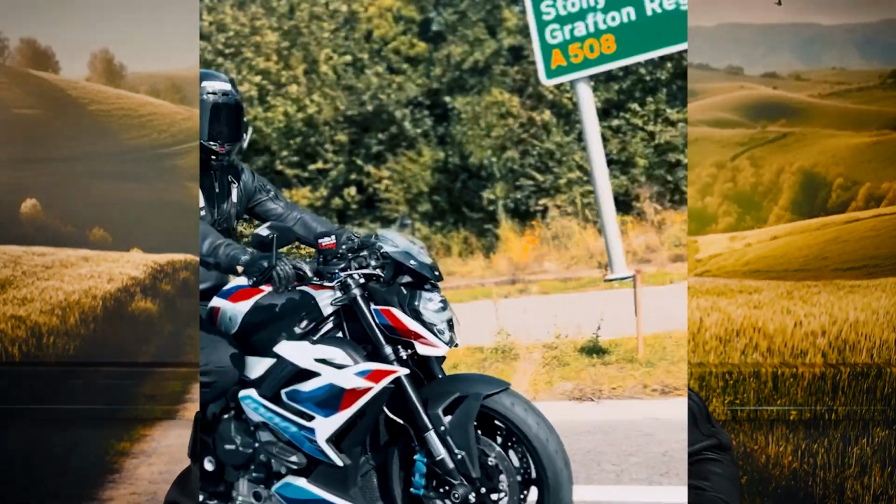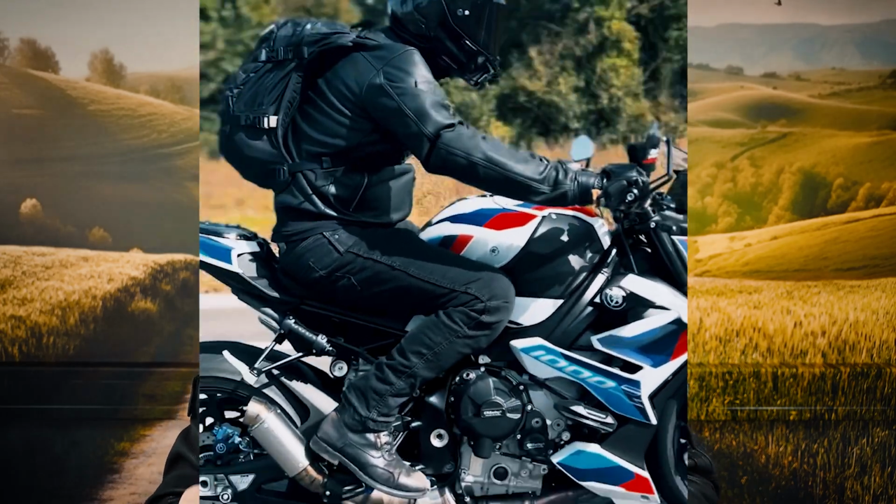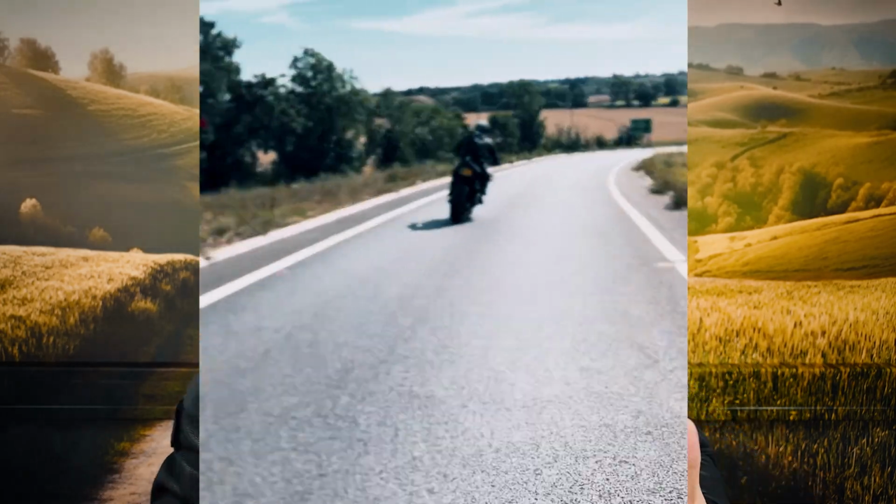And you can't blame them, because when you see this in the flesh, when you wear it, it really is a style piece. You would think it's not a motorcycle jacket, and that is the beauty of what Pando have done here. It is a motorcycle jacket and it works very well on the bike. So to still say that this is a style piece with it working so well off the bike,